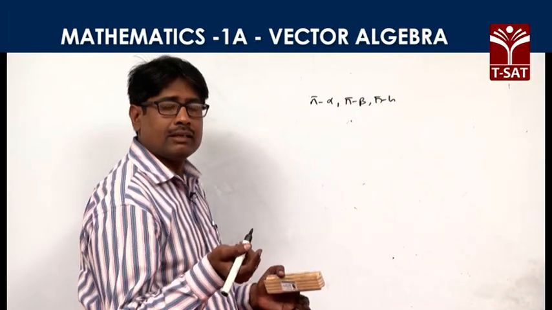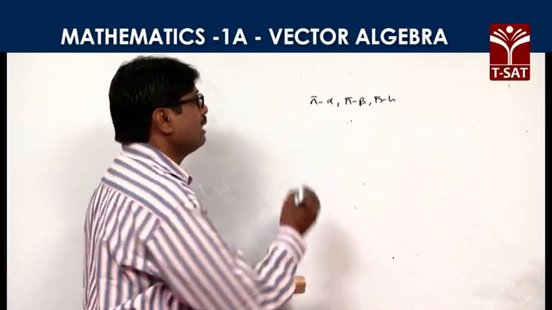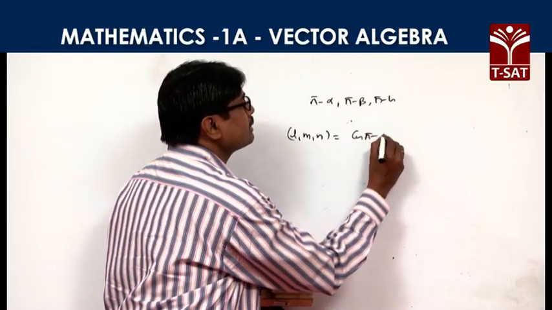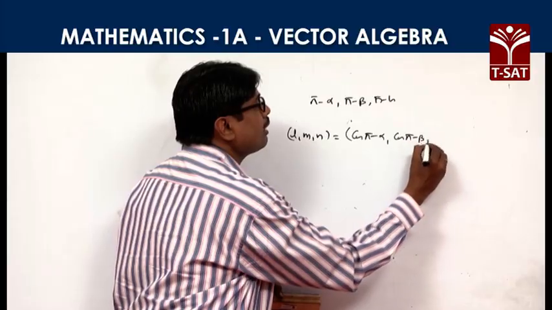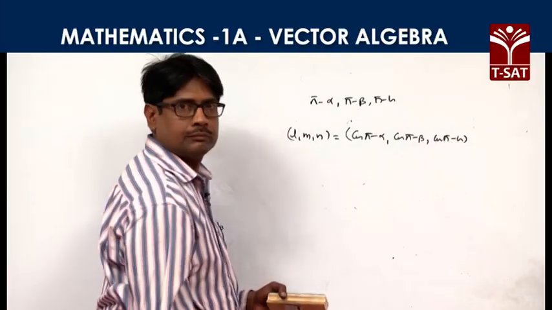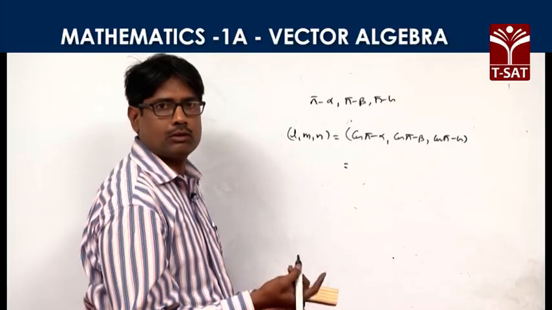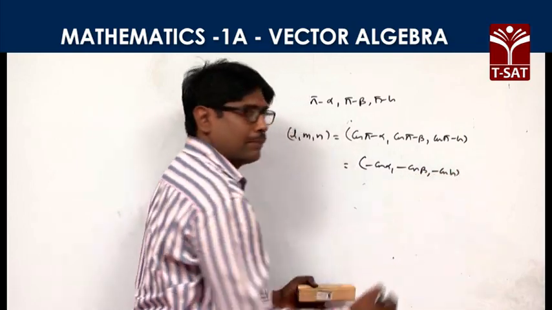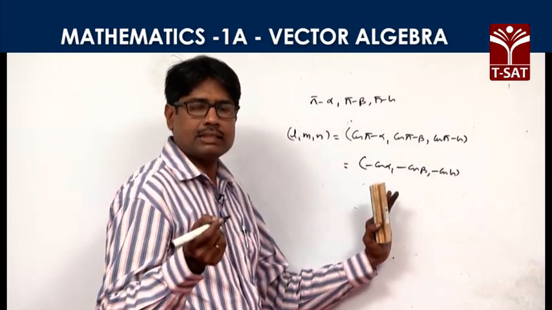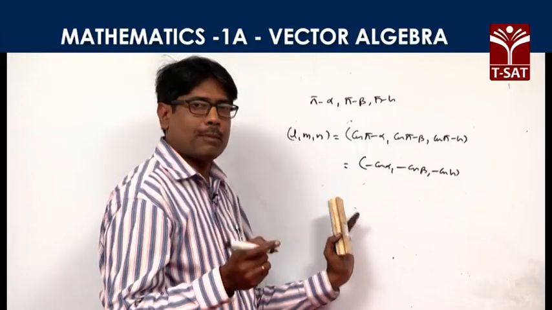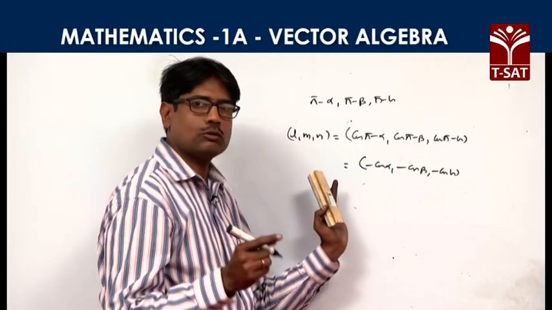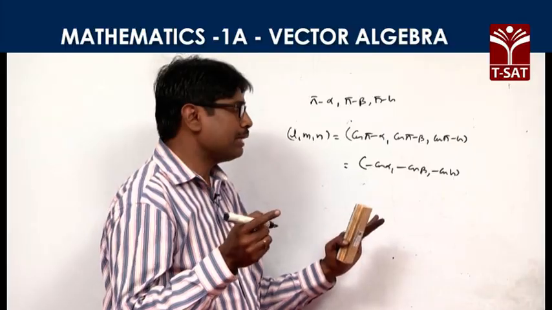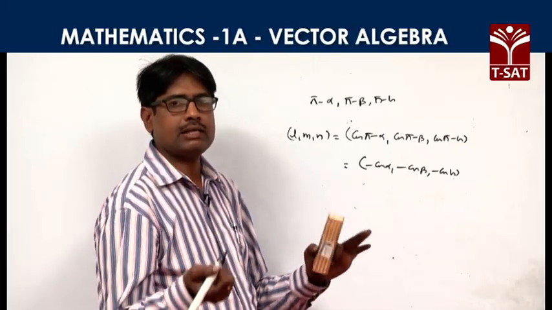Then when you take the direction cosines of the opposite vector, they are also l, m, n, which will be equal to cos of pi minus alpha, cos of pi minus beta, cos of pi minus gamma. We know that cos of 180 minus theta is equal to minus cos theta, so minus cos alpha, minus cos beta, minus cos gamma. That means if l, m, n are the direction cosines of the r bar vector, then minus l, minus m, minus n will be the direction cosines of the same vector in the opposite direction. Okay? For every vector there will be two sets of direction cosines, one in the same direction and one in the opposite direction.